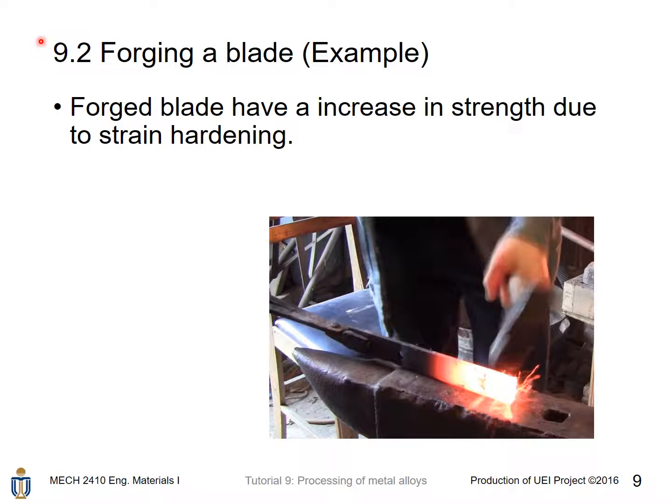Therefore, the forged blade will have an increase in strength due to the strain hardening caused by this hammering. But for casting, there will be no residual strain